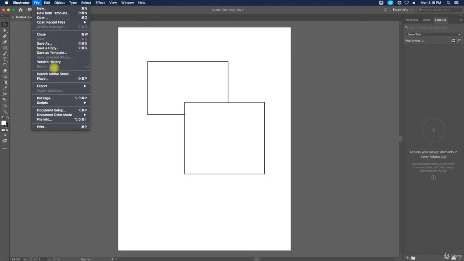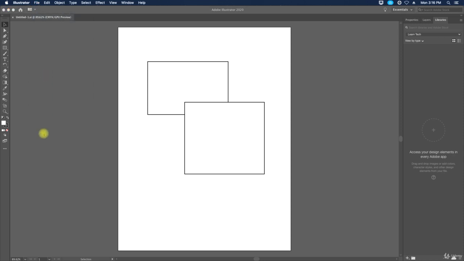All right, next we're going to talk about Search Adobe Stock. Now I'm not going to go to the website, but basically what this does is if I click on Search Adobe Stock, it's going to open up your web browser, okay? I'm going to stay in Illustrator, but it's going to open up your web browser, and it will give you